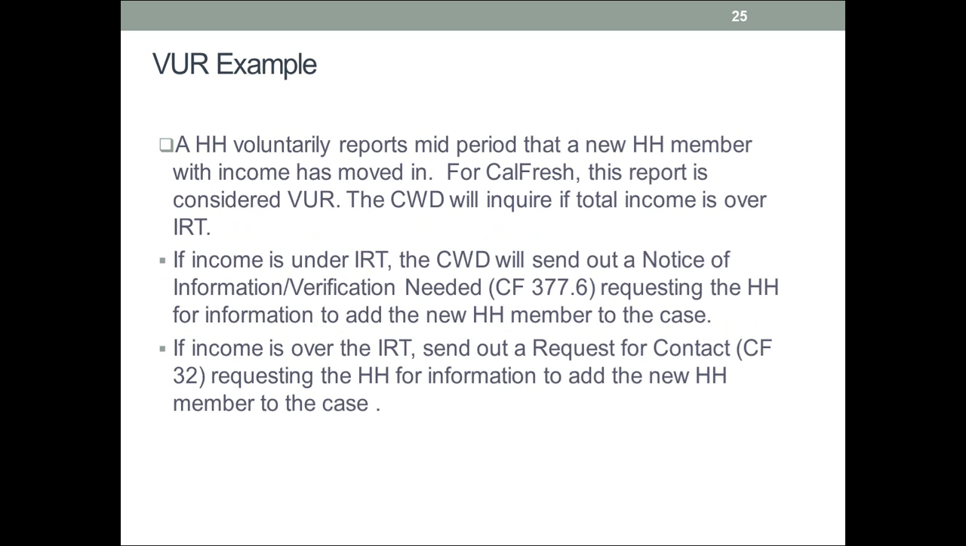So we have another verified upon receipt example. Say there's a household and they're voluntarily reporting, not that the kid left the home, but that they have a new household member with income who has moved in. For CalFresh, this report is considered VER, and the CWD will inquire if the total income is over the IRT. So if the household member coming in has income under the IRT,